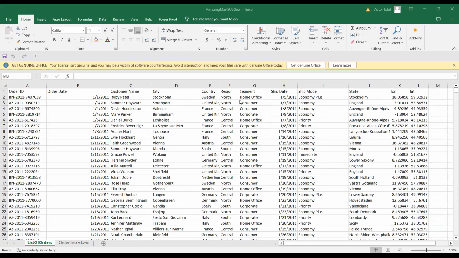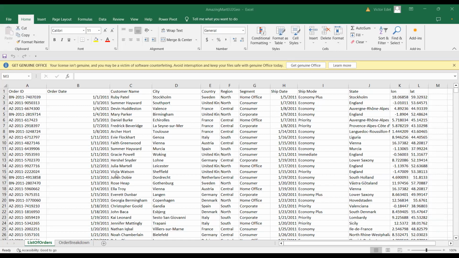Okay, this could be maybe a shipping or e-commerce website, organization rather. So where you have shipping mode, economy, priority, and the rest of them, and then you have the states, the segments, region, country, city, and the rest of them.